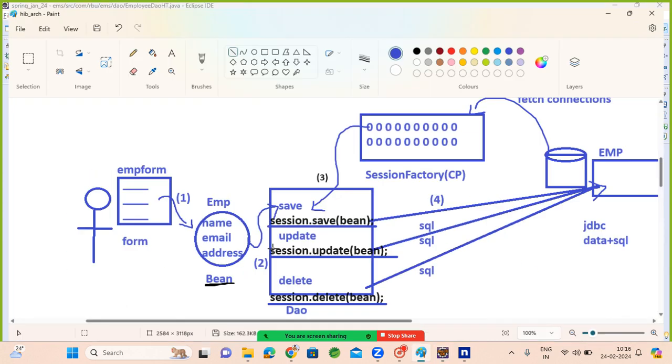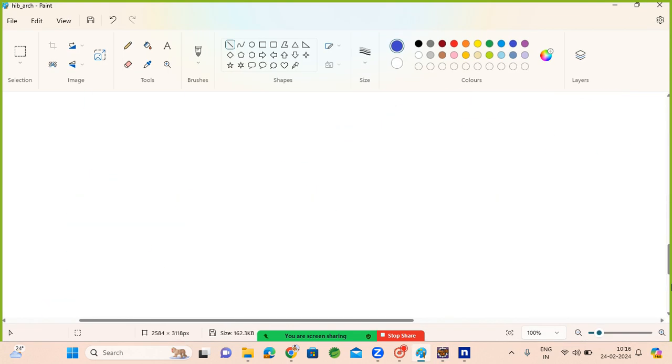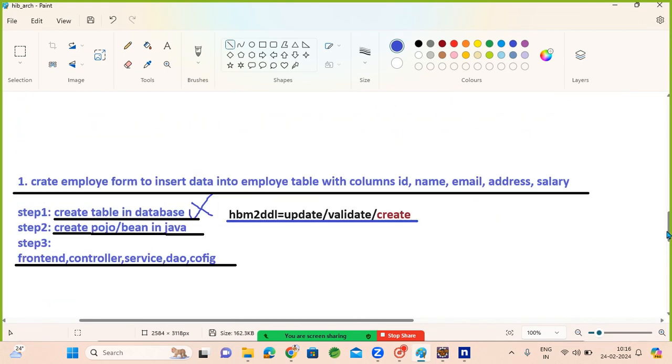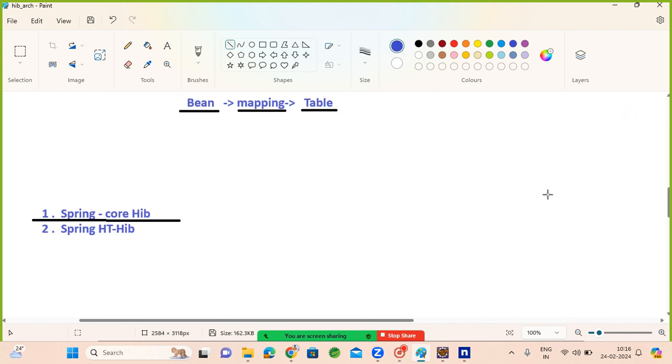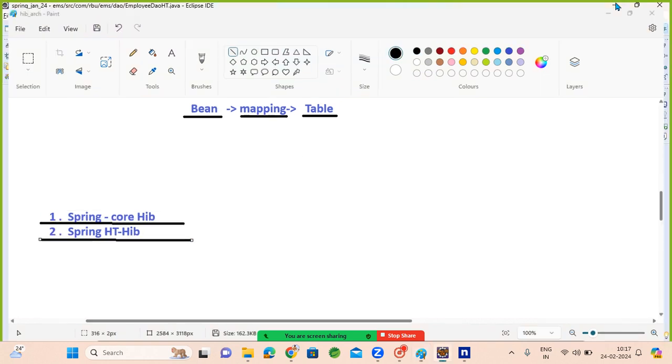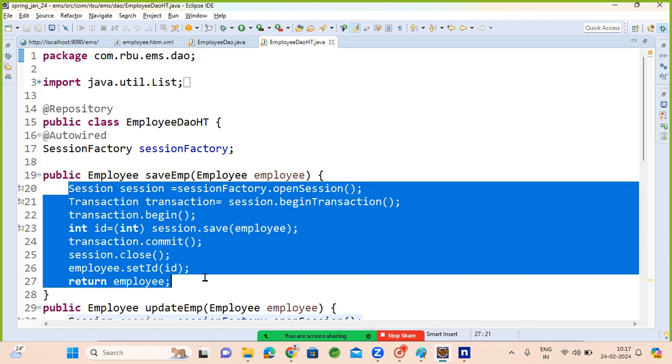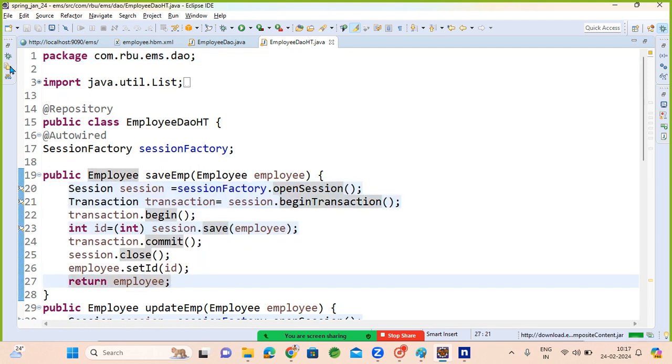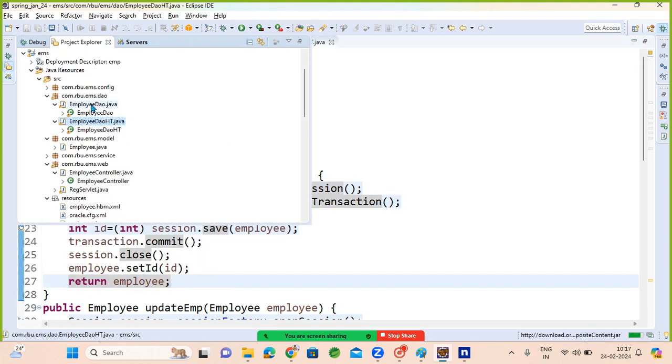Hibernate template, the second approach, right? The simplest one. We can use Spring Hibernate template instead of core Hibernate session factory. We can use it as a simple class like JDBC template. How JDBC template reduced a lot of lines of code, similarly here you have a lot of lines. If you see Hibernate template,